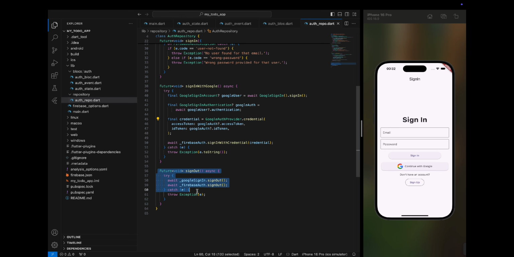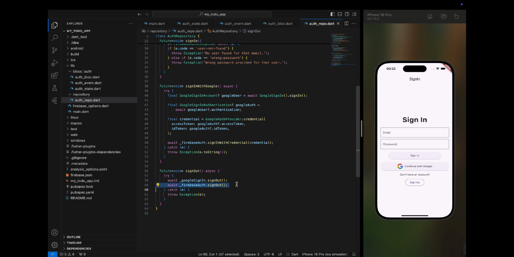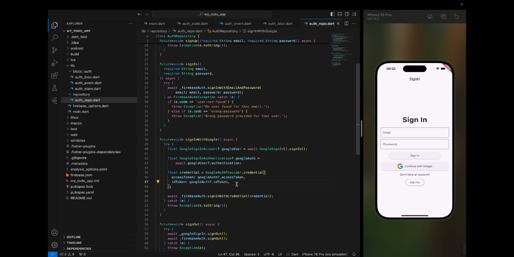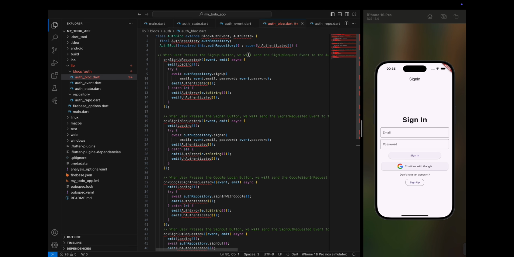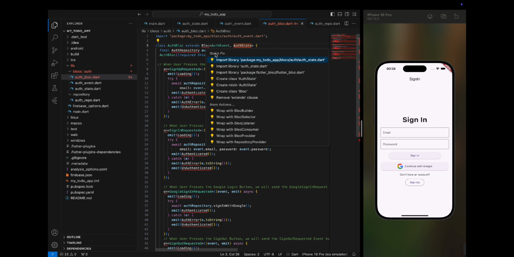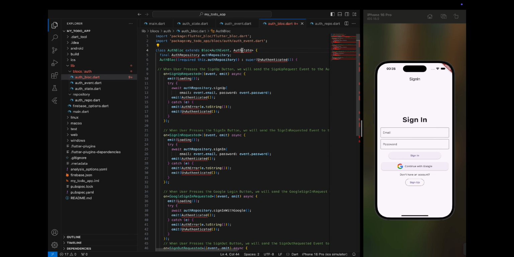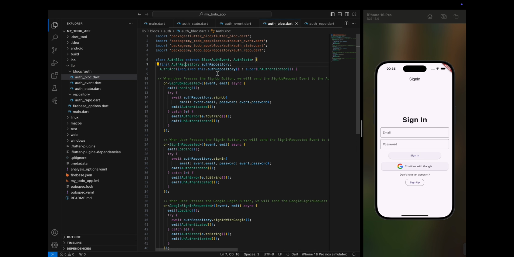And now this sign out method, we sign out both Google sign in and then Firebase auth. So these are the methods we are going to perform in this bloc. I already have my auth bloc created. Okay, let's remove the error from here. Let's import bloc state also, and then repository, and we have here created the instance of auth repository that handles